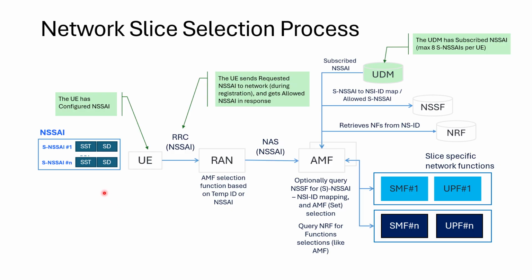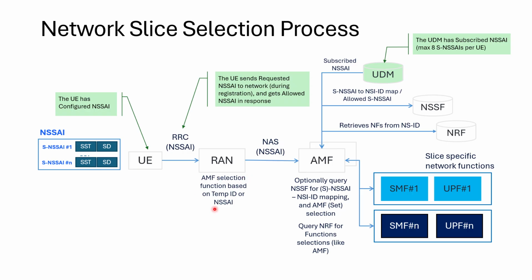Here we could have multiple slices, with each slice containing SST and SD. The UE decides which specific application it needs to run and builds a requested NSSAI, and it sends that request over the air interface to the RAN using RRC, the Radio Resource Control protocol, during registration. Now the RAN tower, or the gNodeB, reads that requested NSSAI, and it uses this information